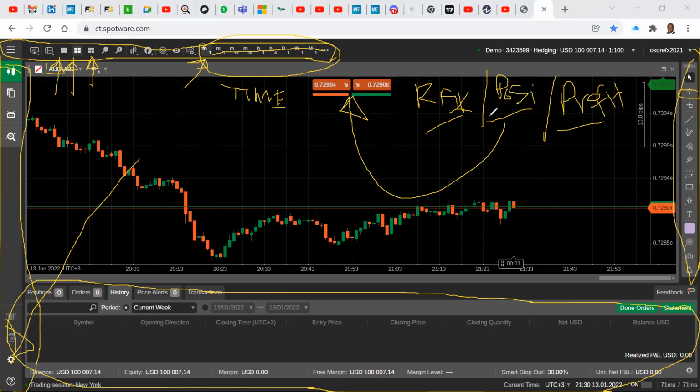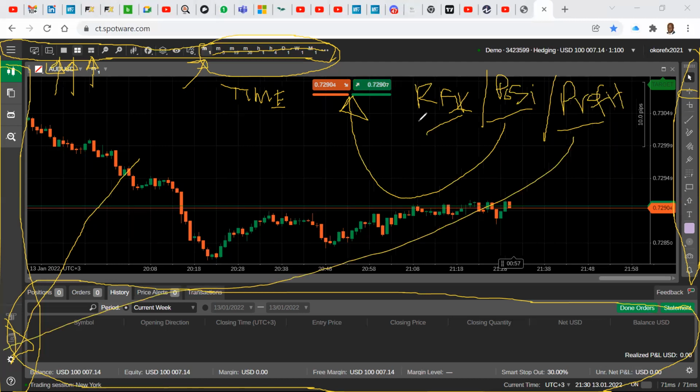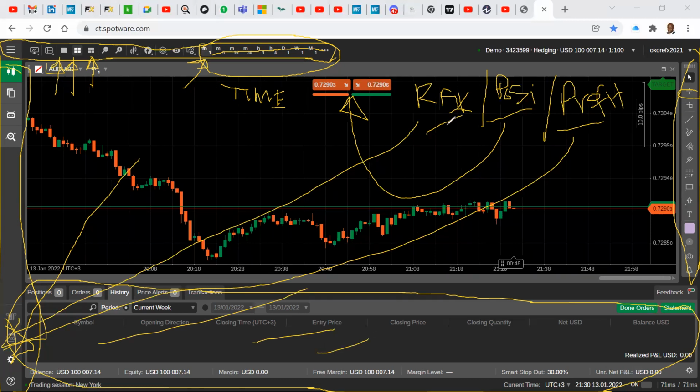Position we shall set right here, and profit will be set down there, and the risk will be set down there. Then of course these ones I'll show you. So, main 3 things on this platform that are very important. The one on top, the ribbon on top. The most important part is the times.